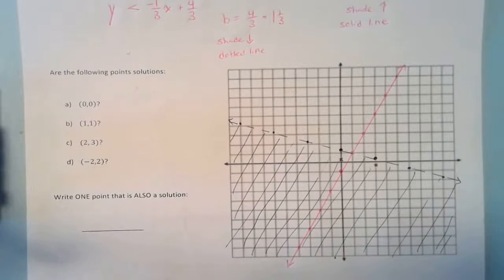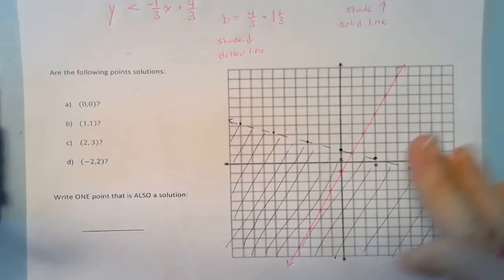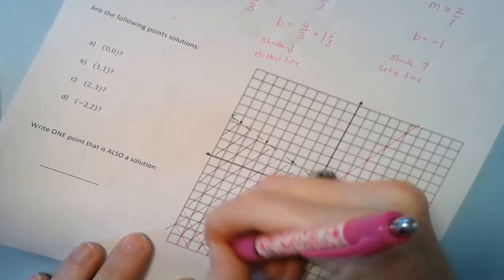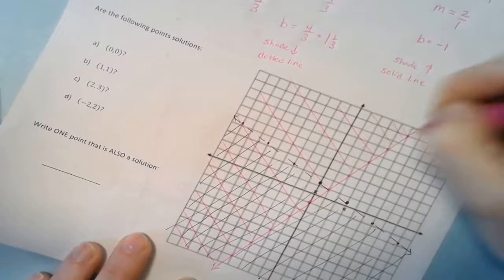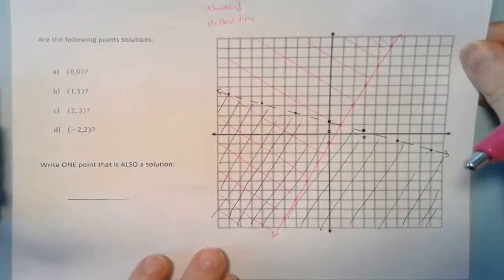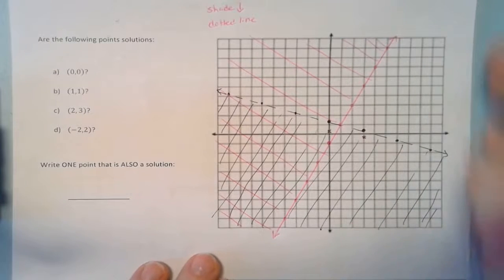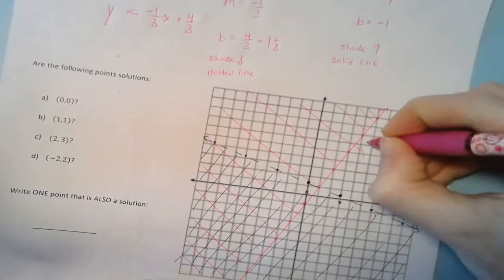Remember that pink line, it said to shade up. So remember, up, right? Depending on where the line goes, it might be to the left, it might be to the right, but it has to be up. And there we go. So now, what you'll notice, and let's label these guys, 2x minus 1,